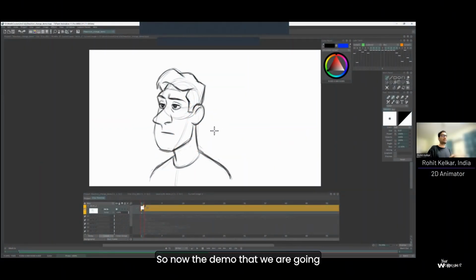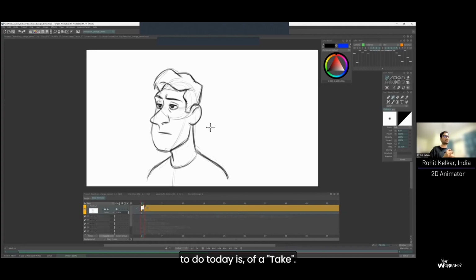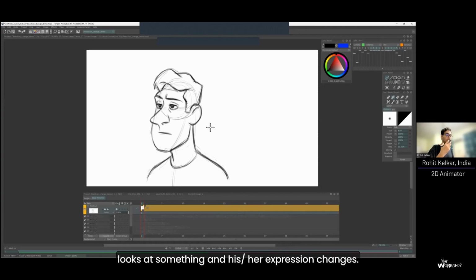So now the demo that we are going to do today is of a take. You know what a take is? Have you guys heard of this word before? In animation, what a take really means is when a character looks at something and his or her expression changes. Or when a character realizes something dramatic. That's a take. So whenever you animate a take,